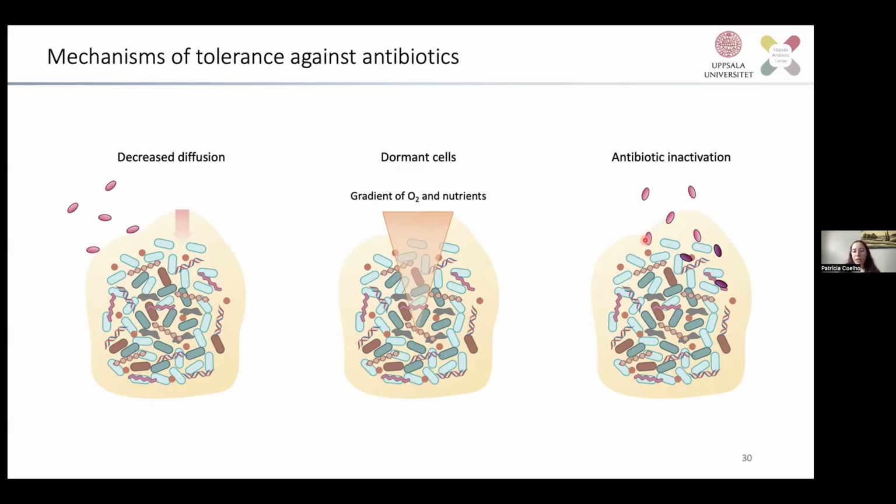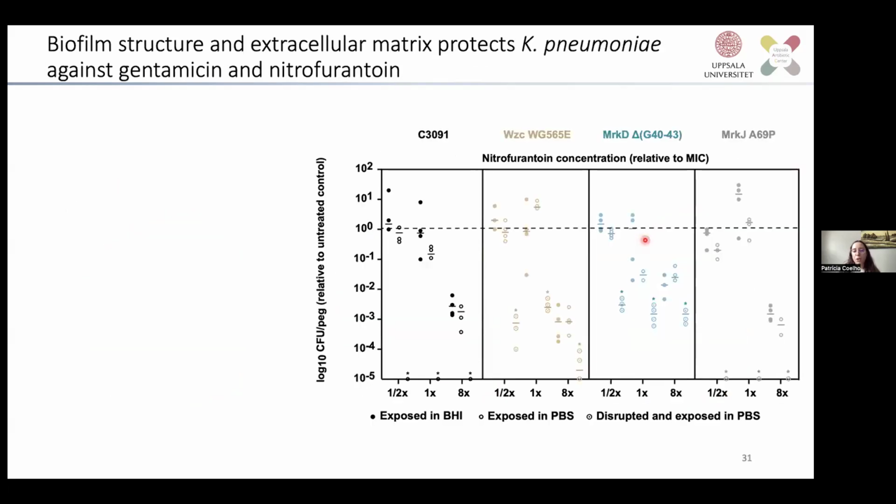So we went to look at this, and we decided to grow the biofilms as we had done, but instead of exposing the biofilms intact to antibiotics, we dispersed them by vortexing. By doing this, we got rid of the structure of the biofilm, and we had the same populations that we have in the biofilm, but dispersed. So we no longer have the structure of the biofilm to protect against antibiotic treatment.